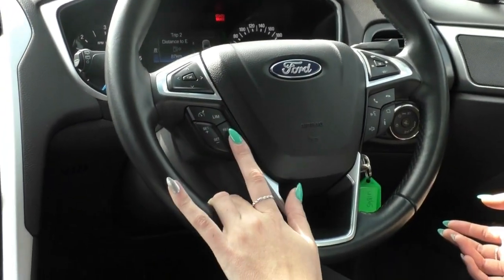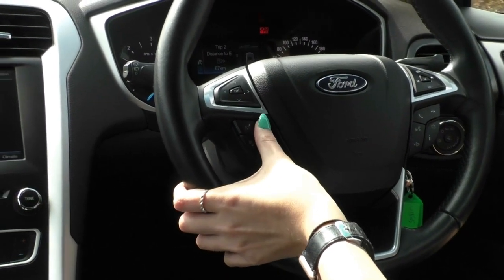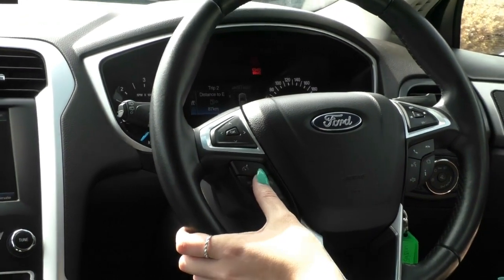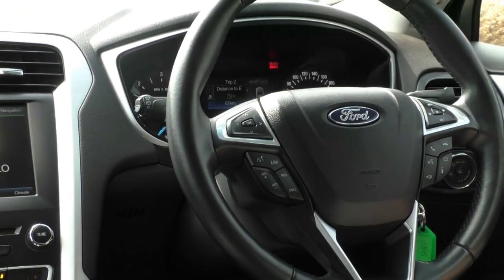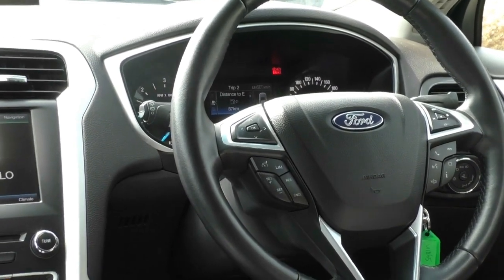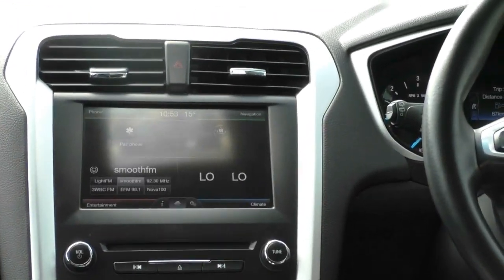Now on the underneath that you do have all of your cruise control with a speed limiter as well, so you can set the speed that you want the car to go to. If you don't want to use the cruise, keep your foot on the accelerator and your car won't go over that speed as well. Moving into the center screen, now you do have the 4-tile display being Sync 2, so